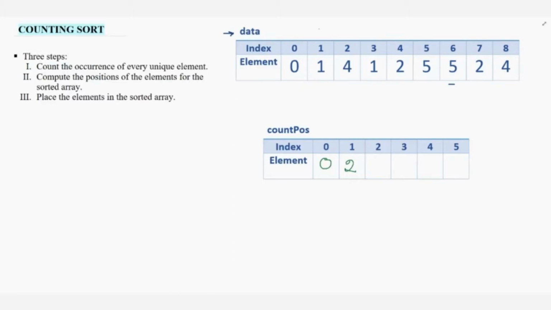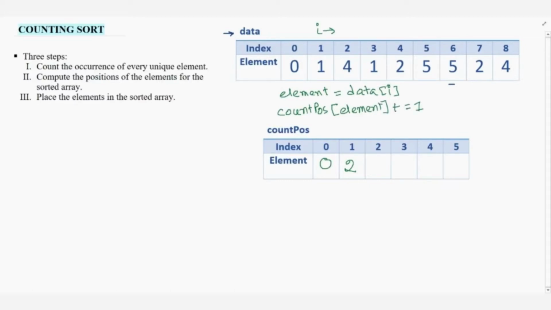So we iterate through the data and find the count for every element. So if we have an iterator I which iterates through the elements, then we find an element by data I. So the count for this element is increased by 1.